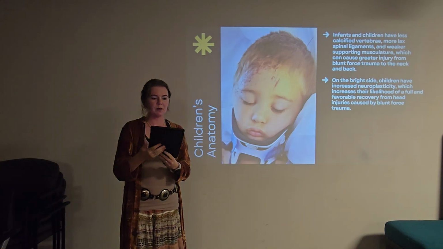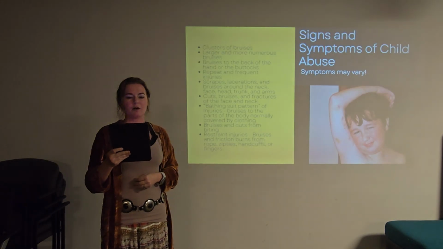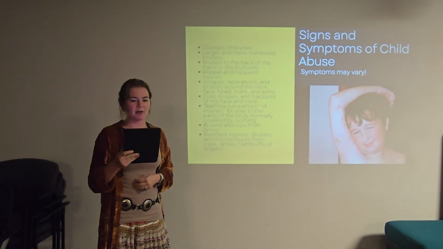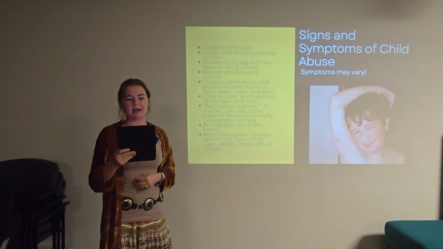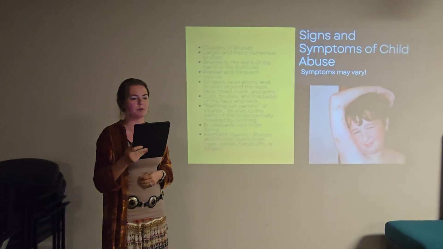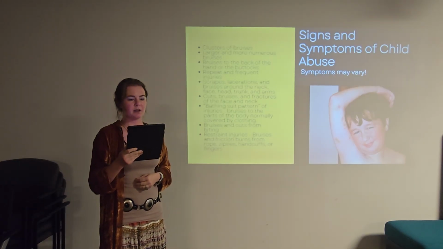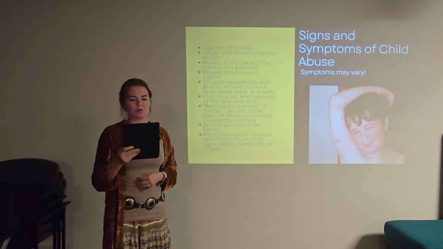Signs and symptoms of abuse in children. Clusters of bruises, larger and more numerous bruises, bruises to the back of the hand or to the buttocks, repeat and frequent injuries, scrapes, lacerations, and bruises around the neck, face, head, trunk, and arms, cuts and bruises and fractures of the face and neck, that bathing suit pattern we discussed earlier, bruises and cuts from biting, restraint injuries, bruises